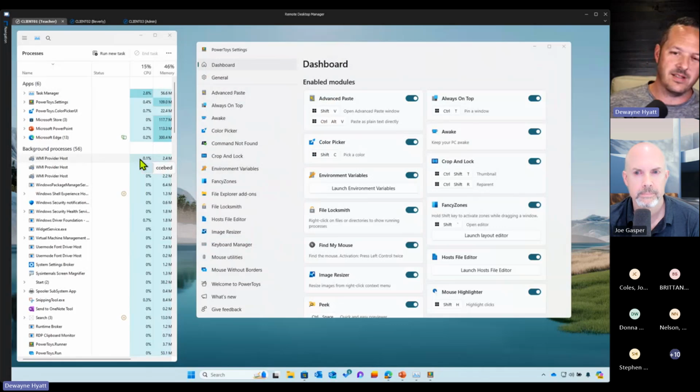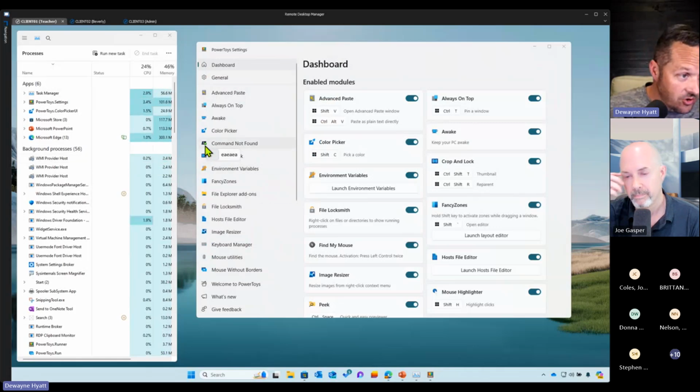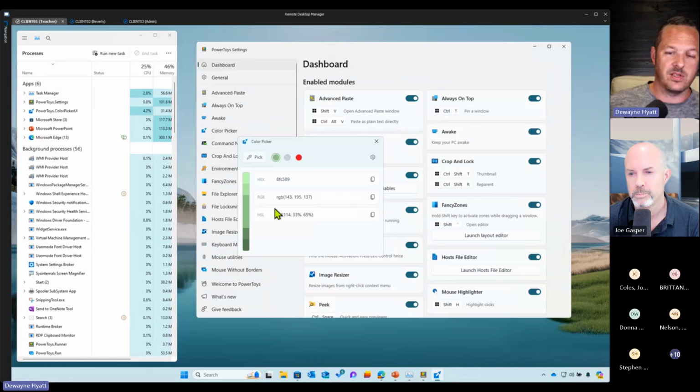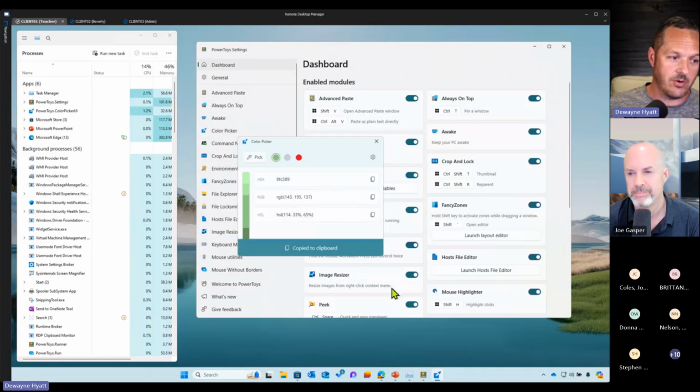This would be kind of like the eyedropper in PowerPoint, but it's for the entire operating system. Like I can do this anywhere I want. Pull a color from a website, pull a color from that green right there. I don't know if y'all can see that. And if I click my mouse, it's going to select that color, give me complementary colors, and then give me hex, RGB, and I don't know what HSL is, but I can just copy that real quick,